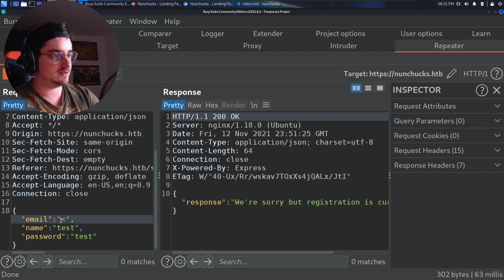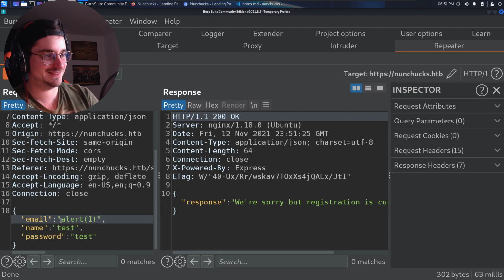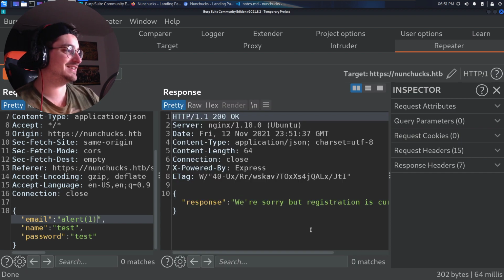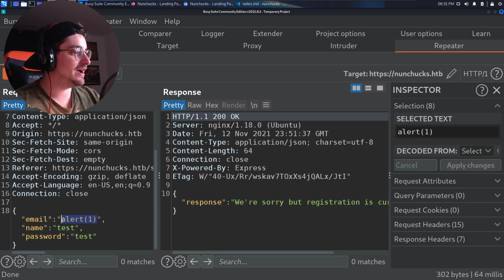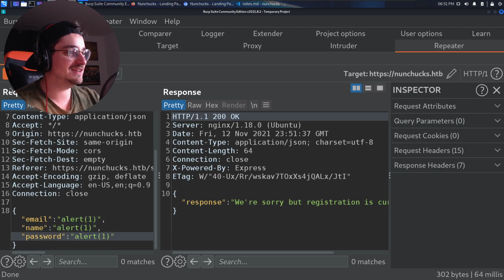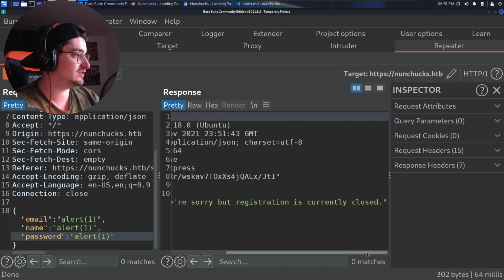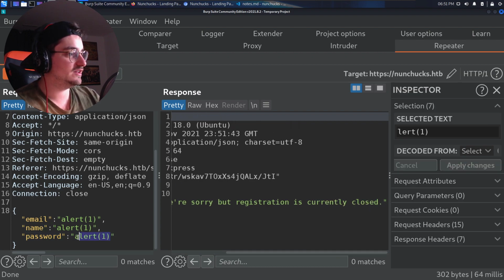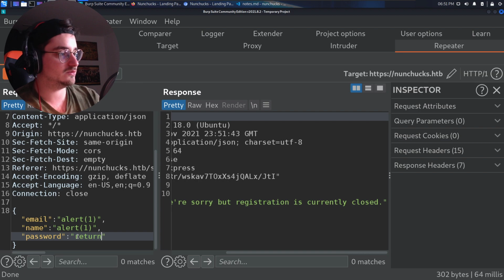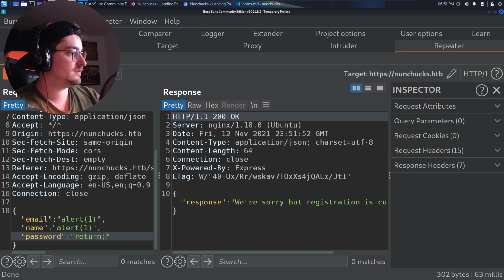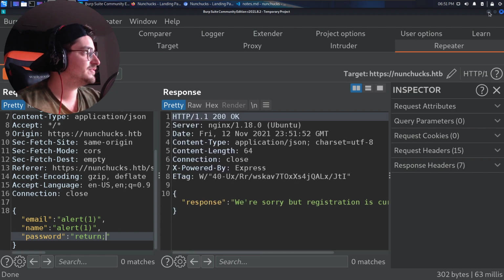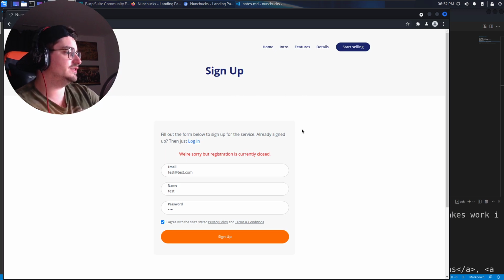Let's add, I don't know, maybe alert 1, the basic XSS thing. Let's add it to everything and see if that does something. I have no idea. No, we're sorry, but registration is currently closed. What if instead we just set return? Now what I'm trying to do is cause the server to run into an error, but it looks like we have no chance on this